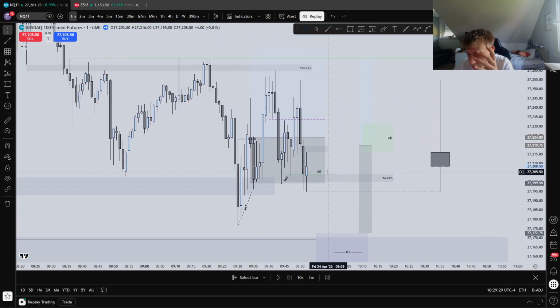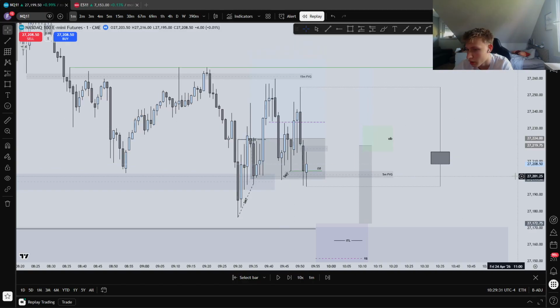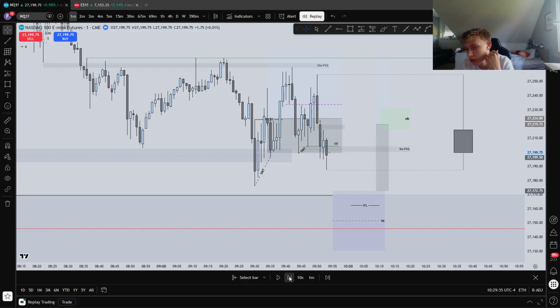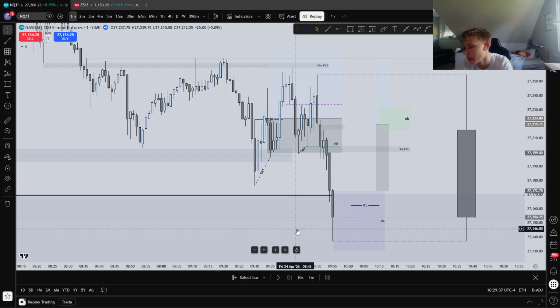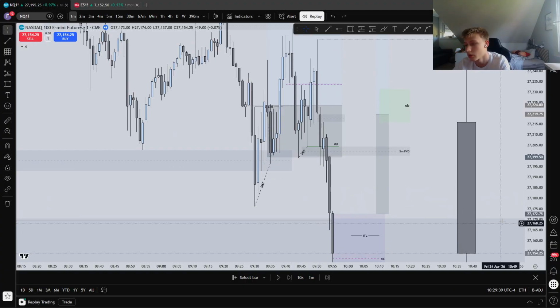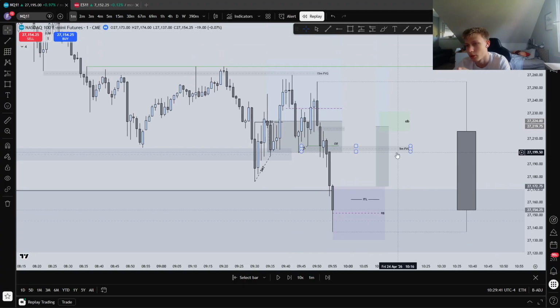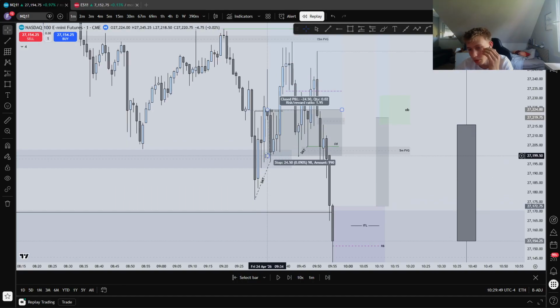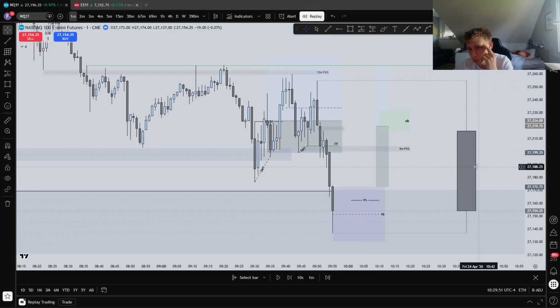We ended up not mitigating my target. Price ended up stopping me out, and as you can see, the way I plugged and played this was beautiful. Instead of losing 1%, I lost 0.55%. Very good risk management at this point. I'm proud of myself, really proud of the way I played this.